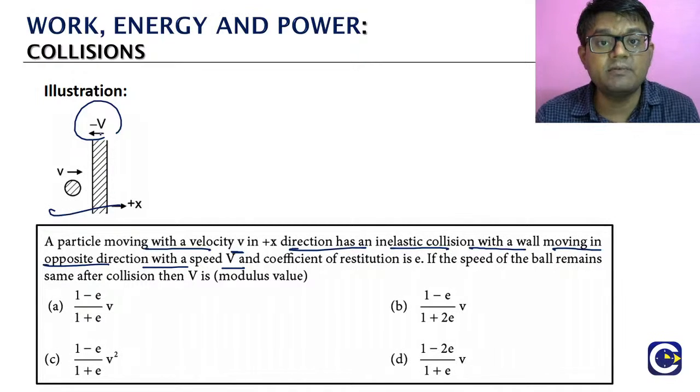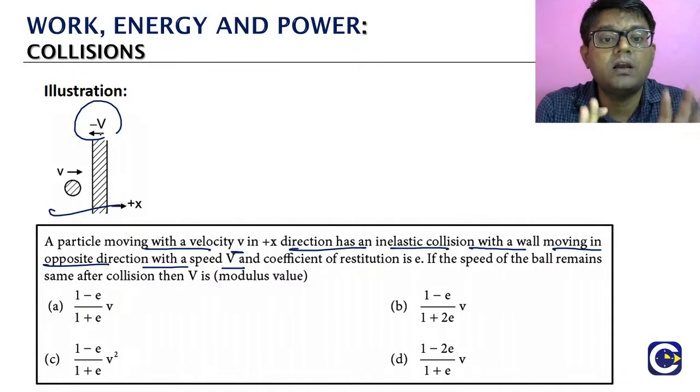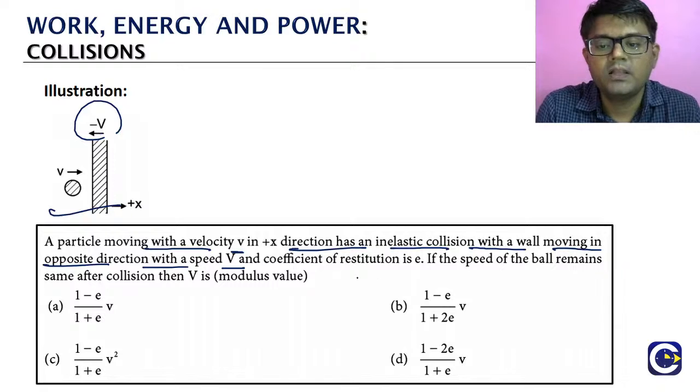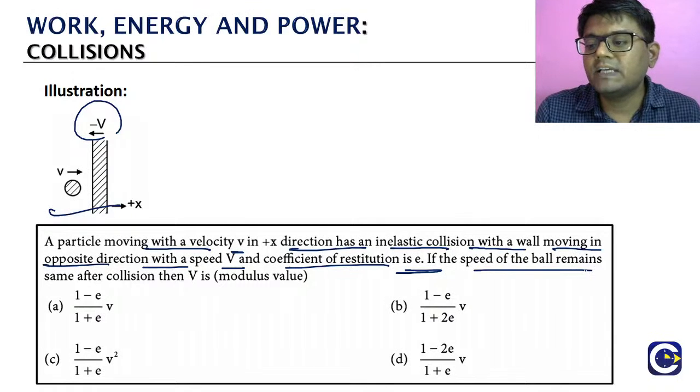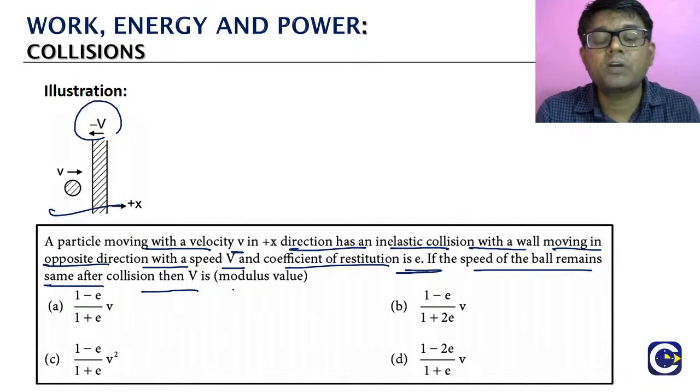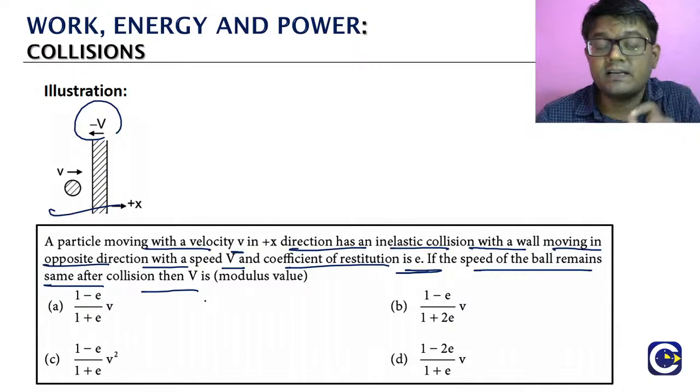Heavy mass after the collision, the velocity will not be impacted, meaning the wall velocity will not change after collision. Okay. The coefficient of restitution is e. Here, the speed of the ball remains the same after collision, they are saying. Understand carefully, they are saying